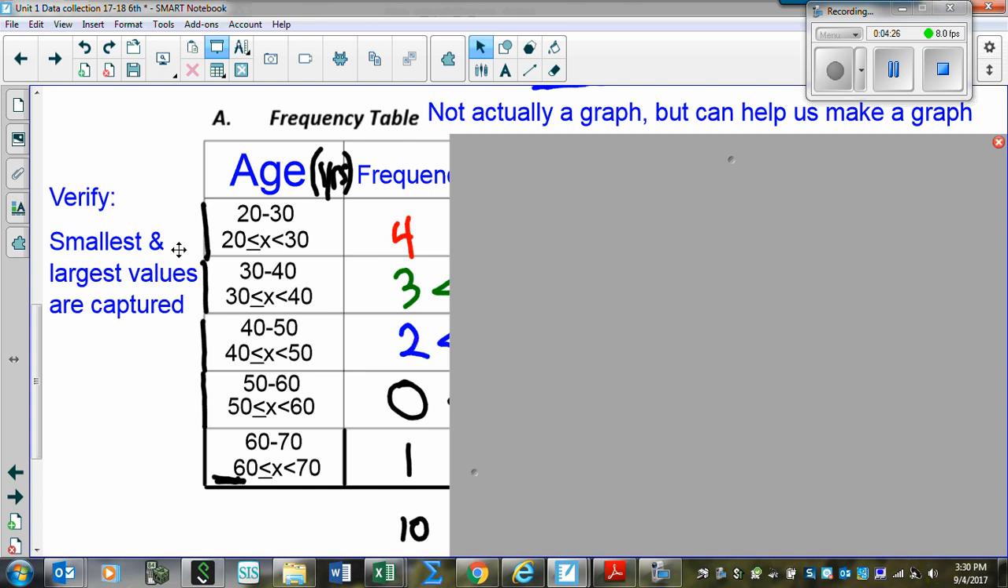Okay, so talk about the labeling here. 20 to 30, 30 to 40, and sometimes you'll see that and you're like, well, wait a minute. If I have someone who's 30, what group is that included in? That would be included in the upper level. And so when you see 20 to 30, really what that means is the value is greater than or equal